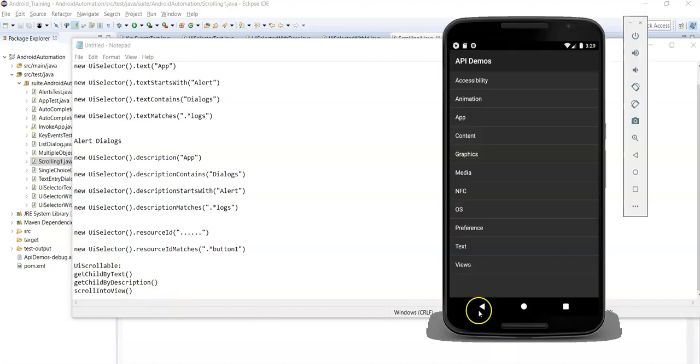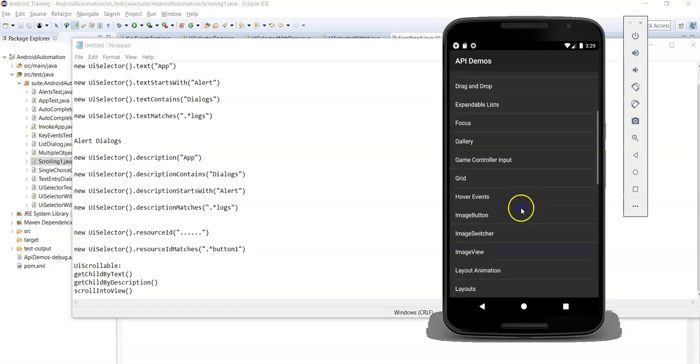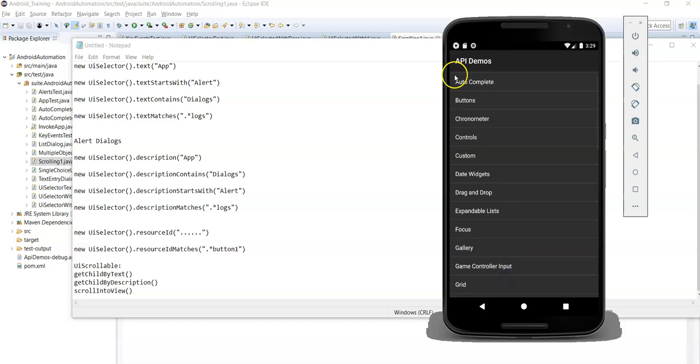Let's navigate to the views page, and this is the scrollable container, right? Scrollable area or scrollable layout. So you need to identify the locator of this scrollable layout. This is common across all the three methods.